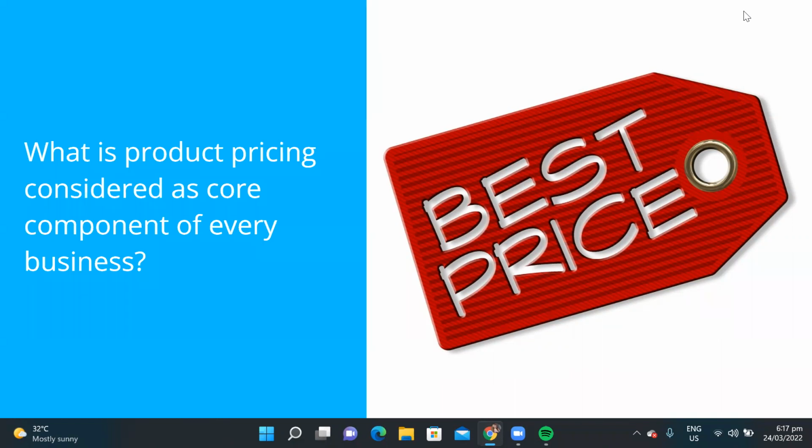So, aside from the quality, isa sa mga unang tinitignan agad natin kapag may sale, kapag may discounts, kapag may bundles, tsaka kapag mura. Lalo na sa mga Baclaran, Divisoria, masarap mamili dyan eh. So, isa yun sa mga reason bakit isa siya sa core component ng bawat business.